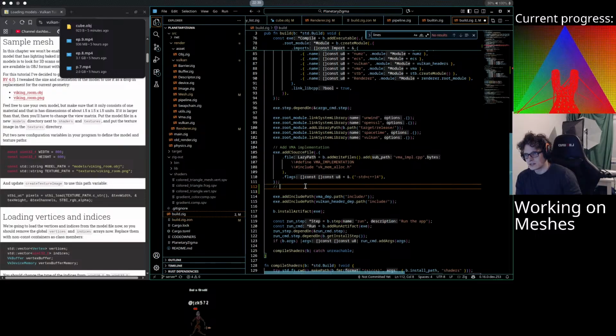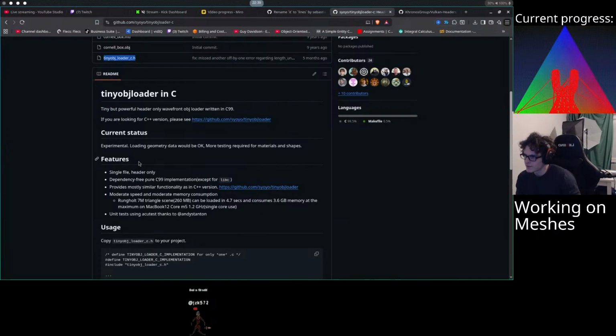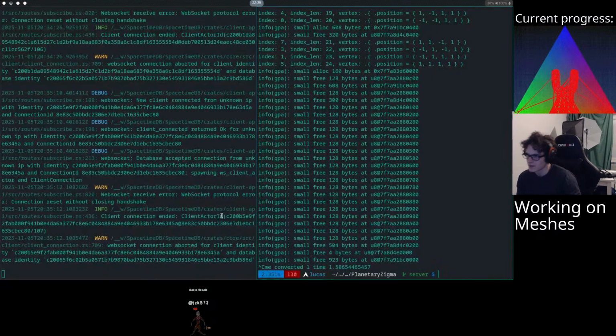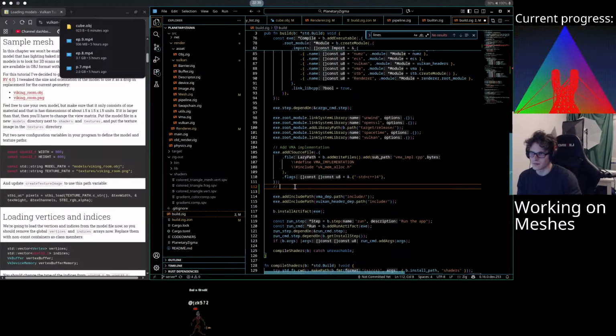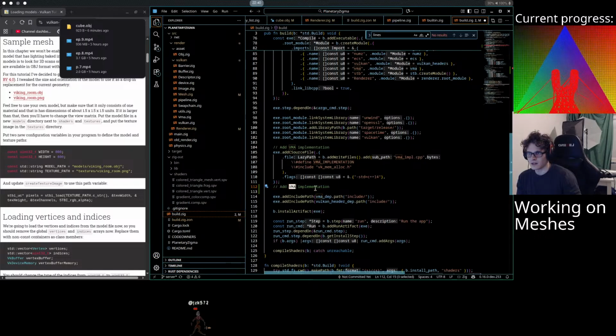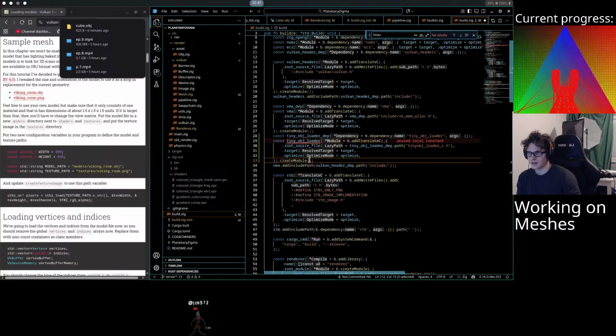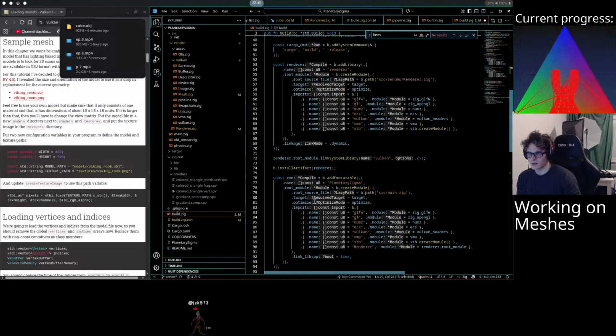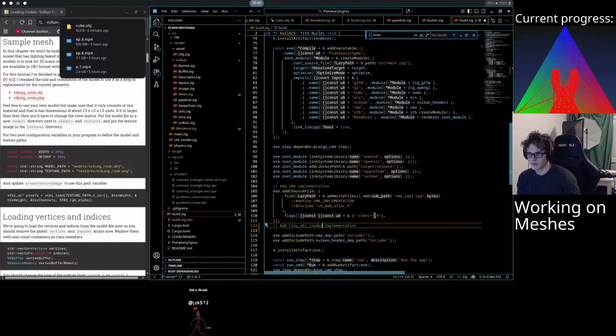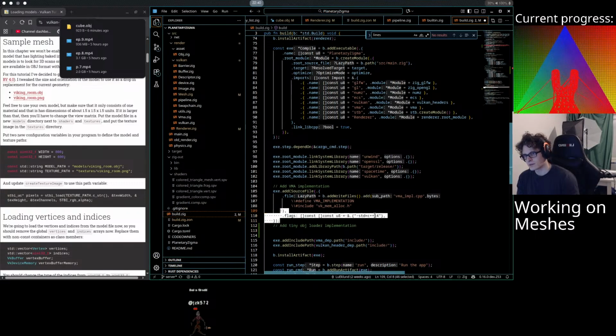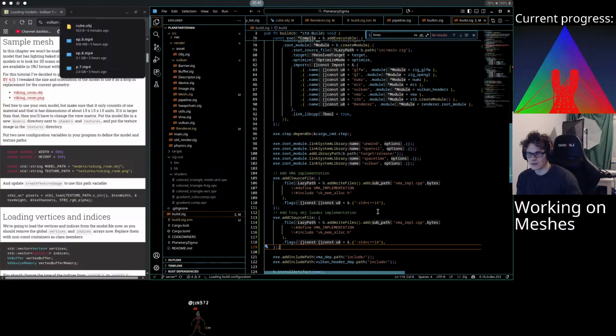I still need that. I think I need to. But I need this. Add. Any object loaded implementation. Yeah, that's pretty much gonna be the same as this, but slightly different. So add,